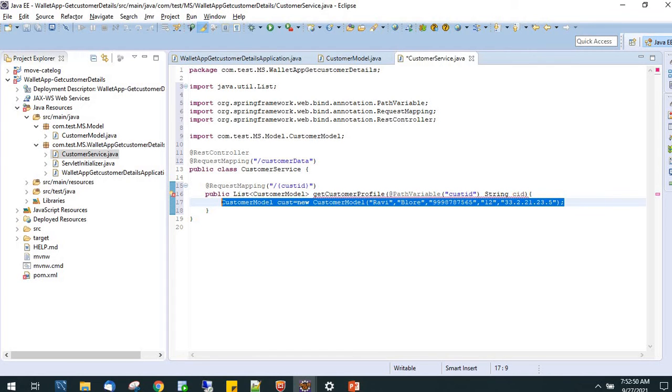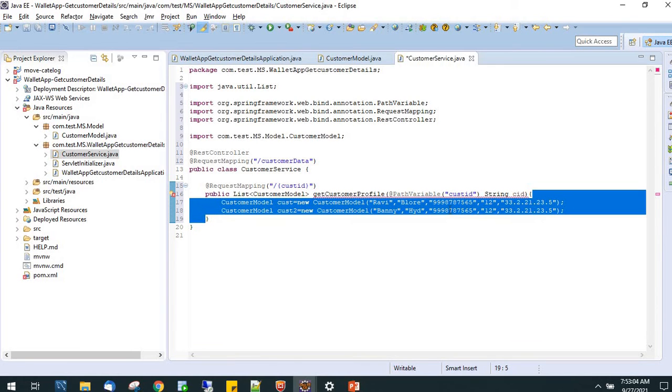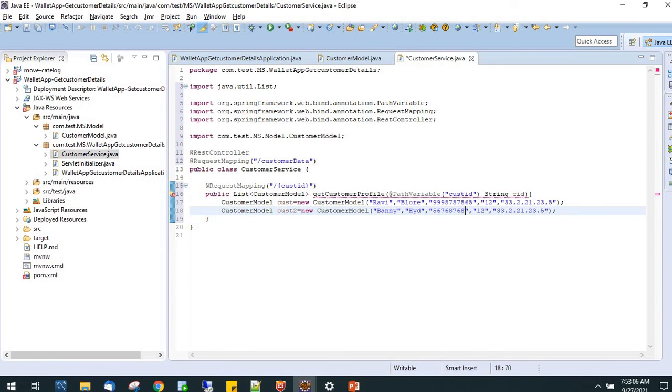This is my IP. I have created one object. This is the second object where the customer is Bunny, this thing HYD, this mobile number is this one, this ID is this, this is the IP address.